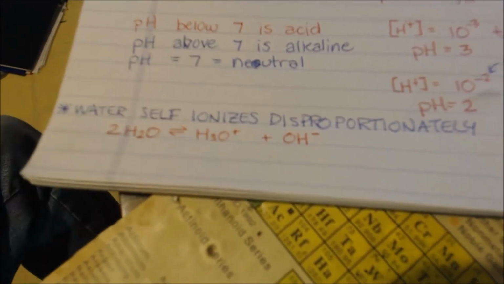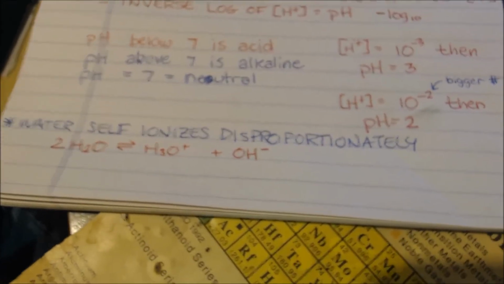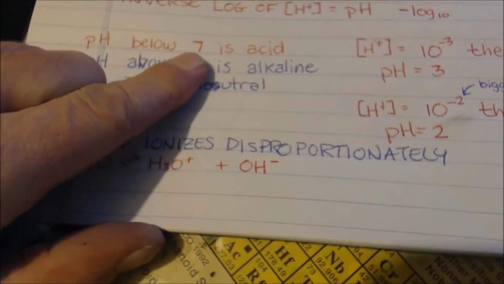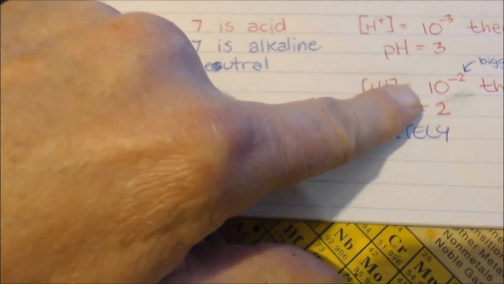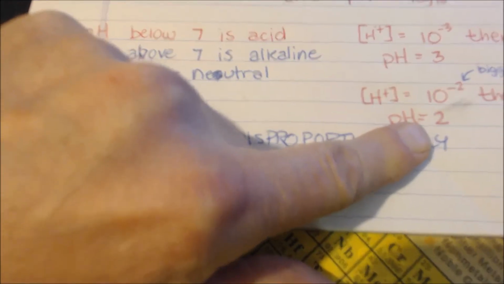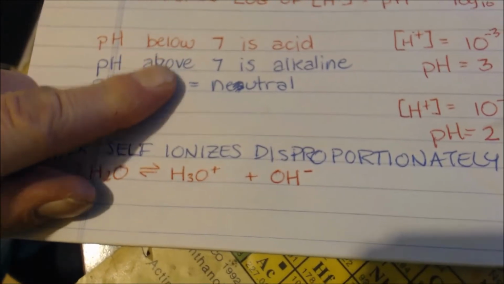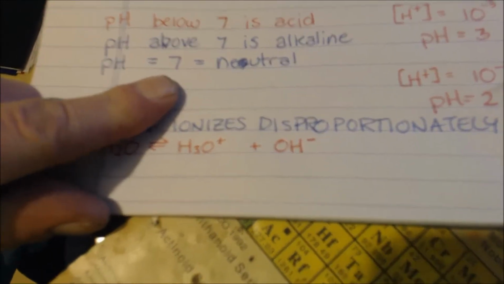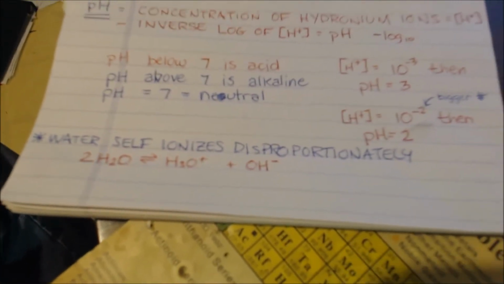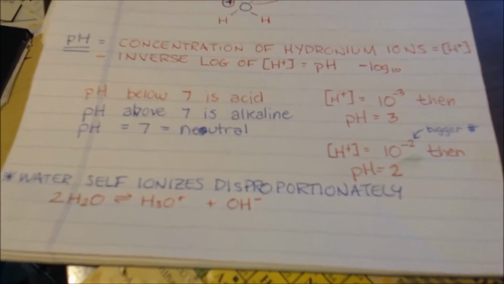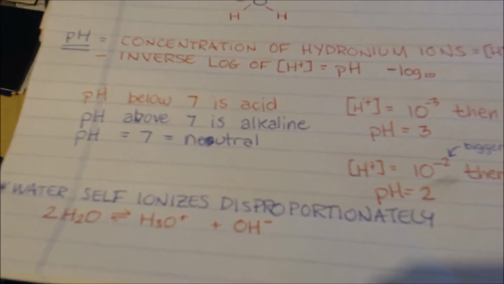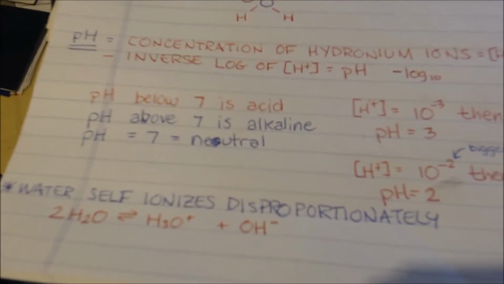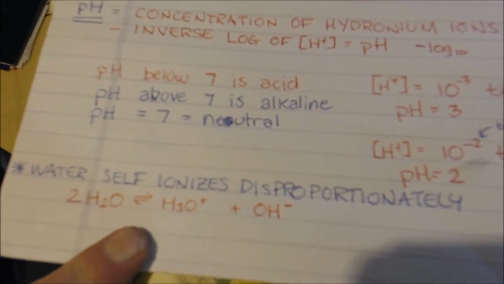To let you know, pH above 7 is alkaline, pH below 7 is acidic. As we just said, more concentration, less pH, so it's more acidic. Above 7 is alkaline, 7 is neutral. You might ask, well, why is water a 7 if it's neutral? Why is 7 neutral? If 7 tells you that there's a concentration of hydronium ions in there, then it must be acidic. But look at this equation here.